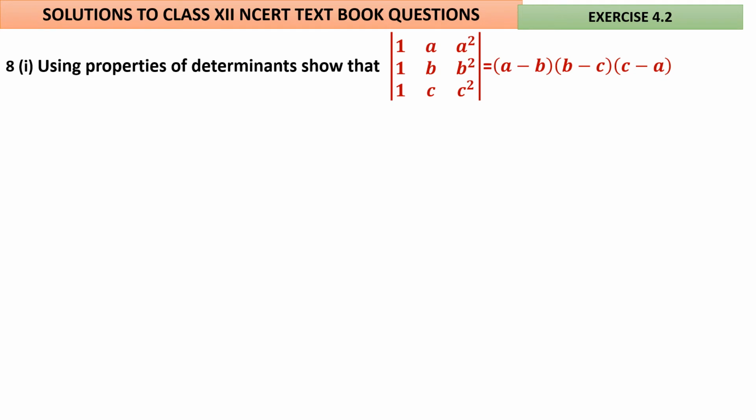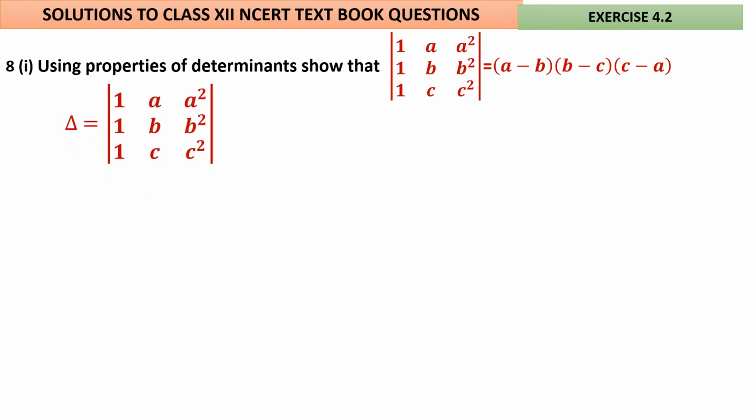Well, again 8.1, a very interesting question, where on the right hand side you are getting a minus b factor 1, b minus c factor 2, c minus a factor 3. Therefore remember, a minus b should come outside first, b minus c should come next. If you expand, c minus a will come out. Very, very simple. Now this a minus b, just by seeing it, a minus b should come. You remember that where a is there, where b is there, you subtract it. Is it okay now? Okay, let us try.